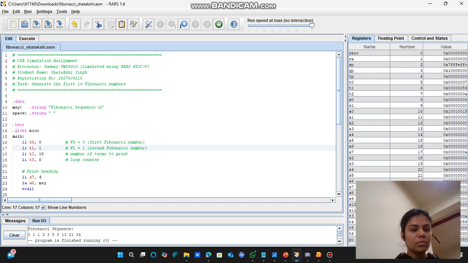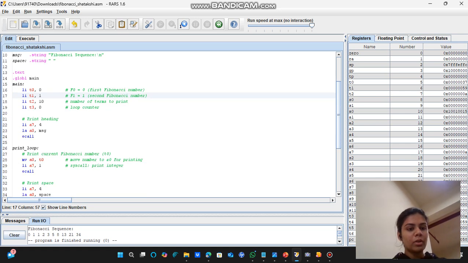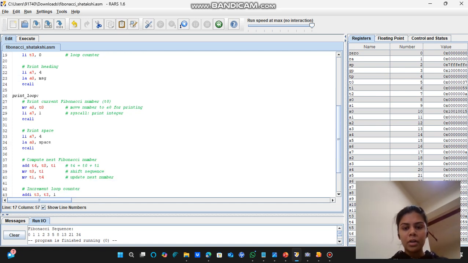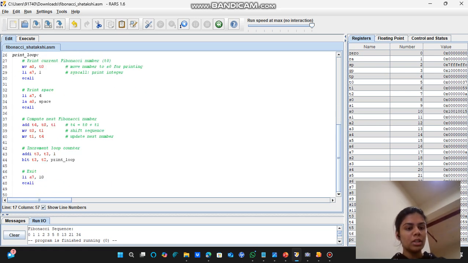The program now enters a loop. This is the loop part. The code demonstrates mainly three important concepts of processor designing. This is the entire code you can see. The code basically demonstrates important concepts like arithmetic operations.